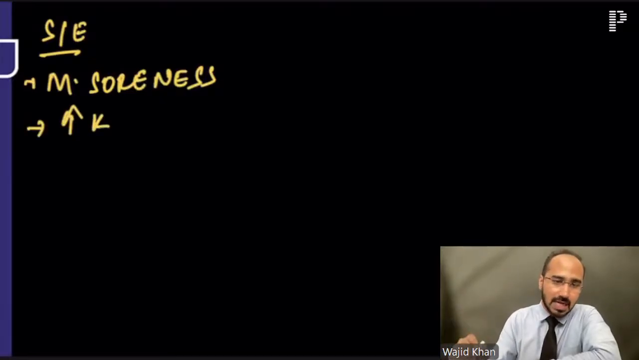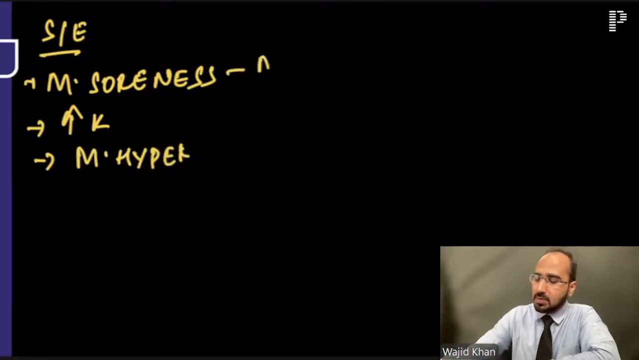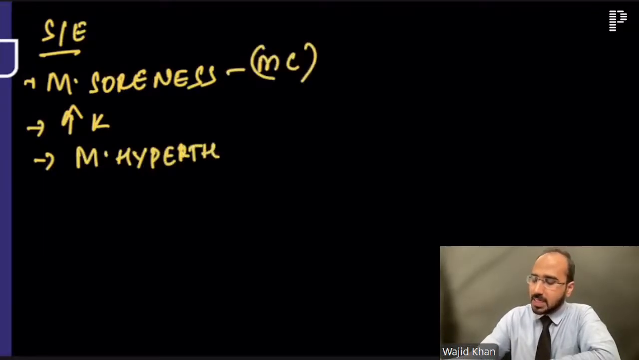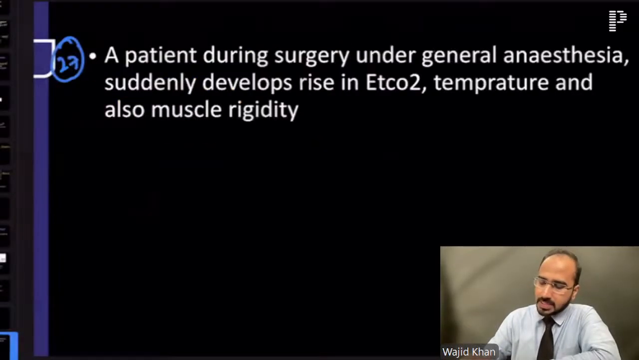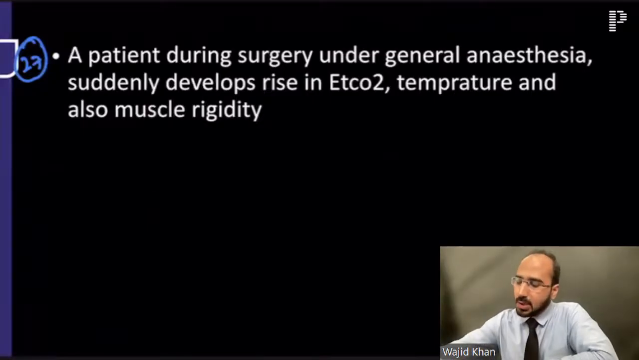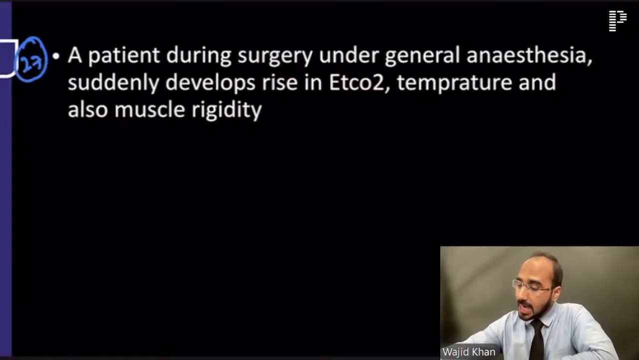Remember, succinylcholine will cause hyperkalemia due to the fasciculations and all. And the most dreadful complication, malignant hyperthermia. Remember, the most common complication is muscle soreness, and the most dreadful complication is malignant hyperthermia. Now, guys, a patient during surgery under general anesthesia suddenly develops a rise in EtCO2 and temperature